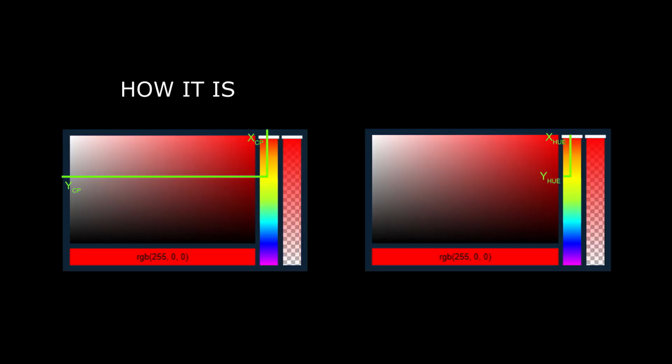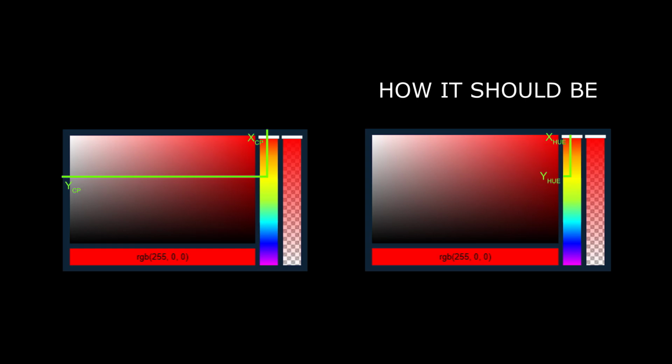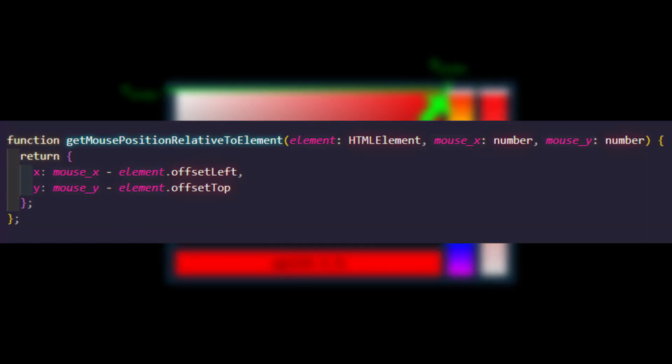So if I wanted to get the position of the mouse in the hue component, I needed to get its coordinates relative to the top left corner of the component. There was a small problem. Since the event was attached to the element of the color picker's body and not on the hue component's element, the coordinates given by the click event were relative to the top left corner of the color picker and not the top left corner of the hue component. This can be corrected by subtracting the click's coordinates from the offset coordinates of the hue component's top left corner, which is what I did here.